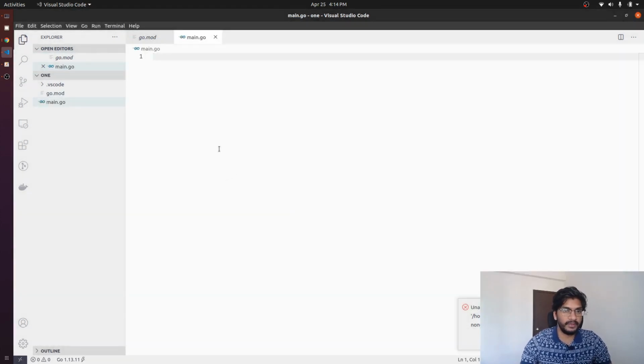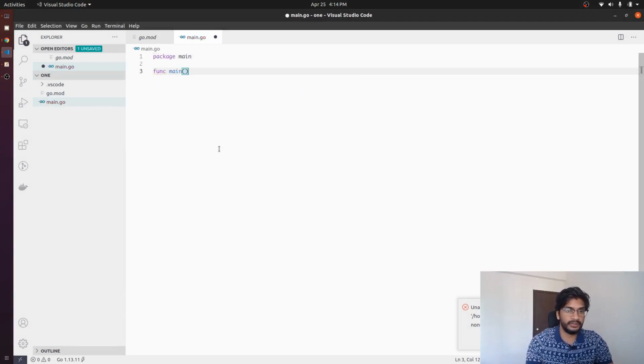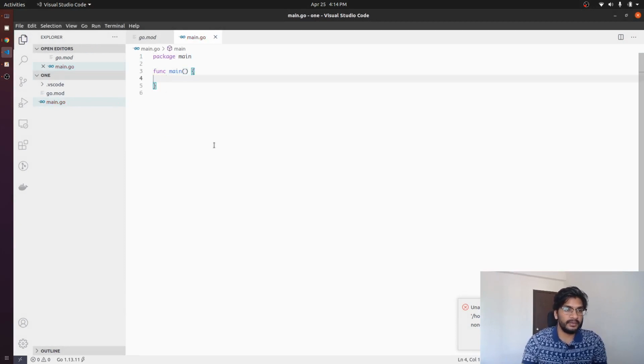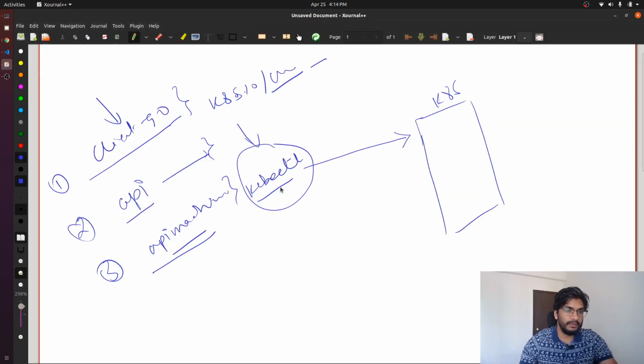I have just created a source file named main.go, and let's write a function main. And from this main function, we want to talk to the Kubernetes API server